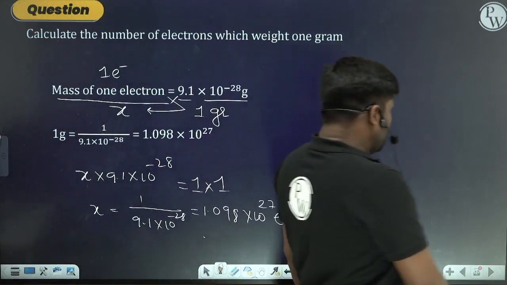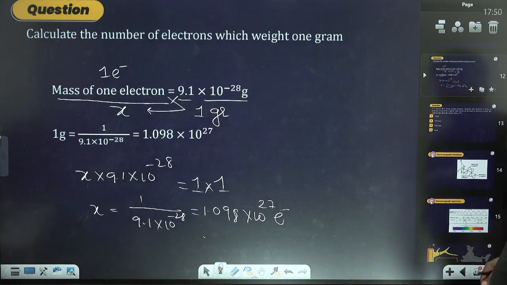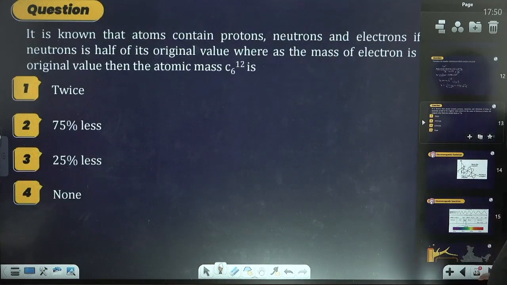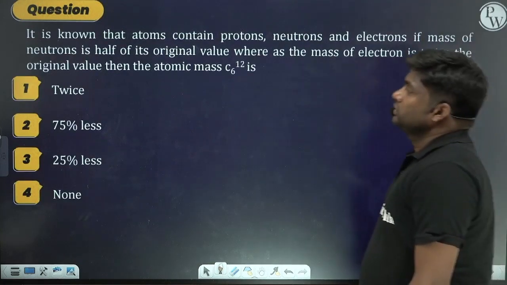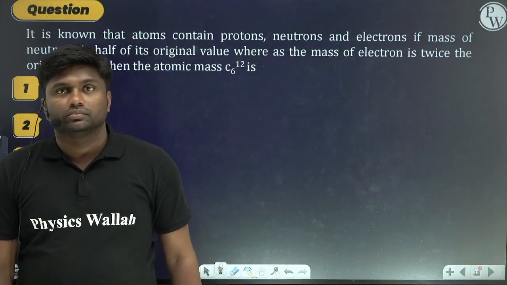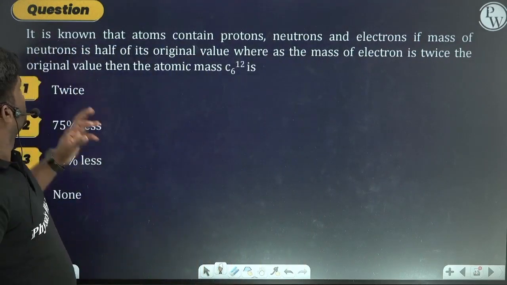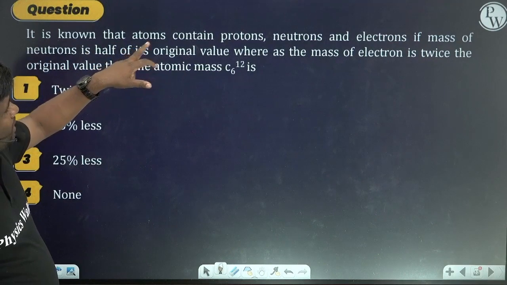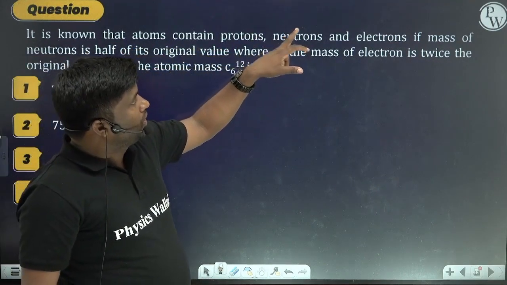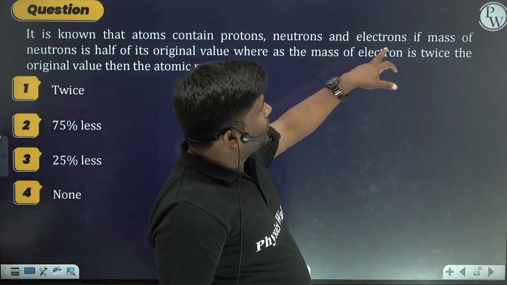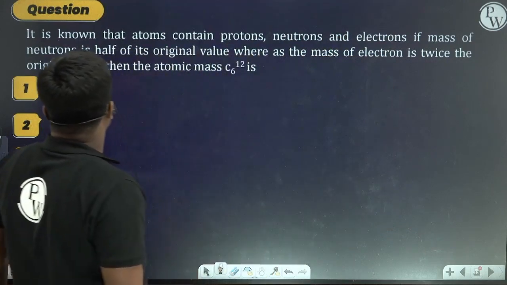Okay. And next, it is known that atoms contain protons, neutrons and electrons. If mass of neutrons is